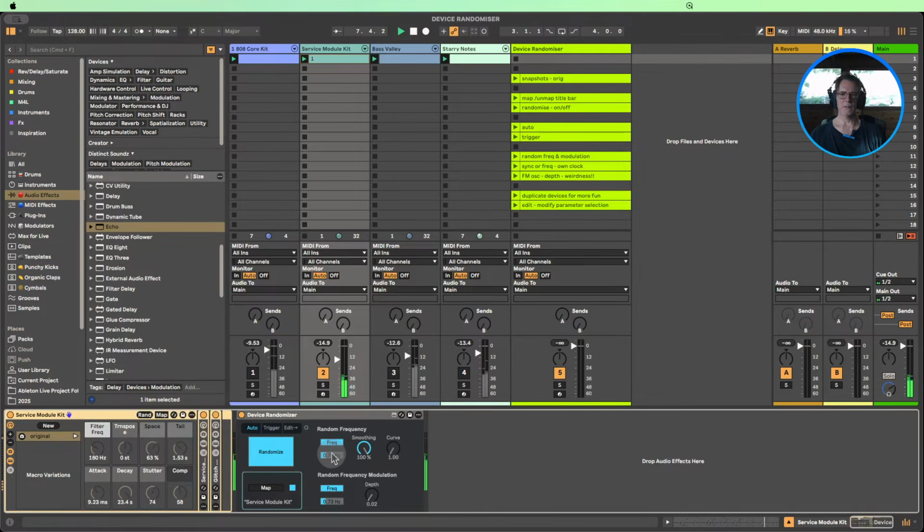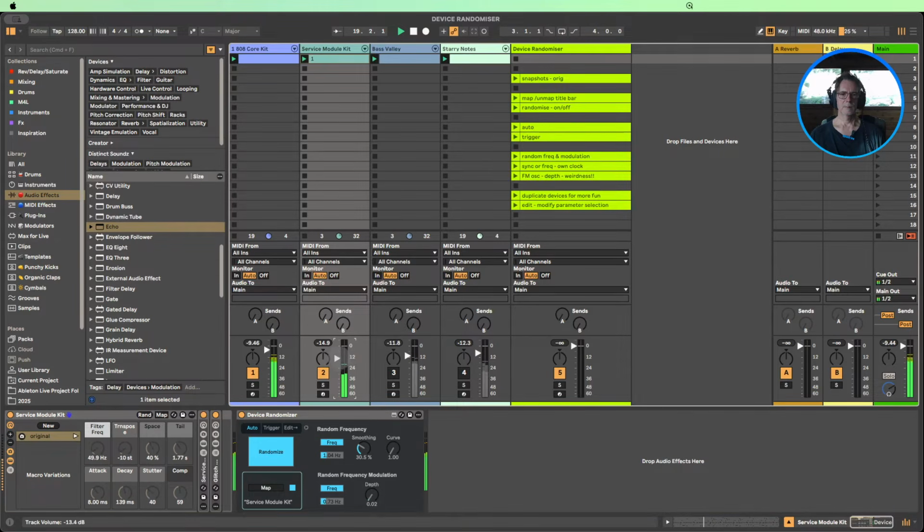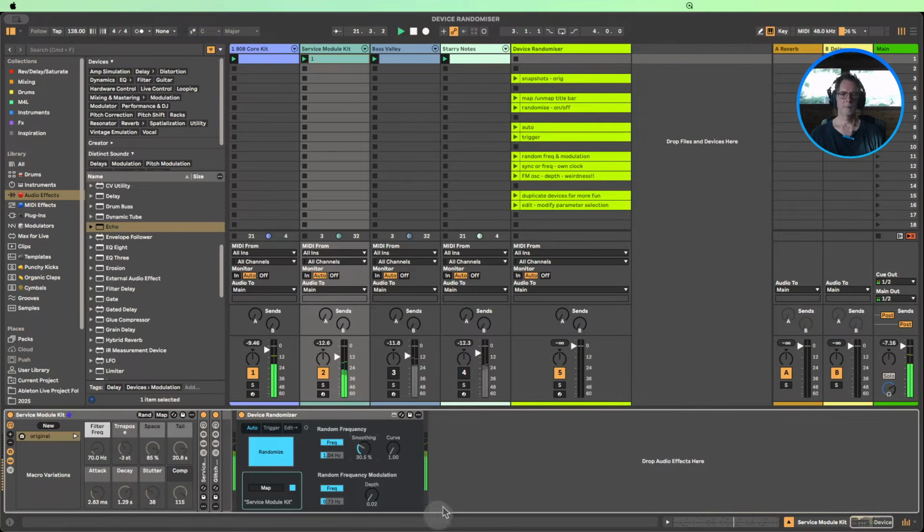So frequency, if we slow it down a bit, movement is a lot slower if we go the other way. Just like an LFO, speeding it up till it's super chaotic, right? So let's slow it down a bit. If we bring the smoothing around, jumps there a little bit quicker. And then if we go to the frequency modulation part, as I said, if we bring up this depth knob,